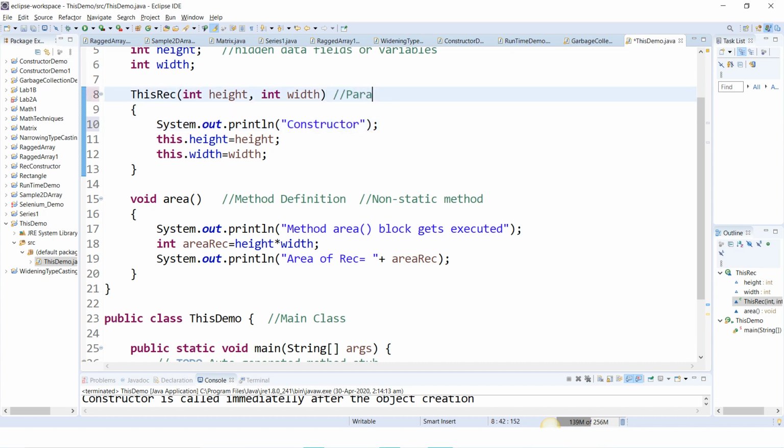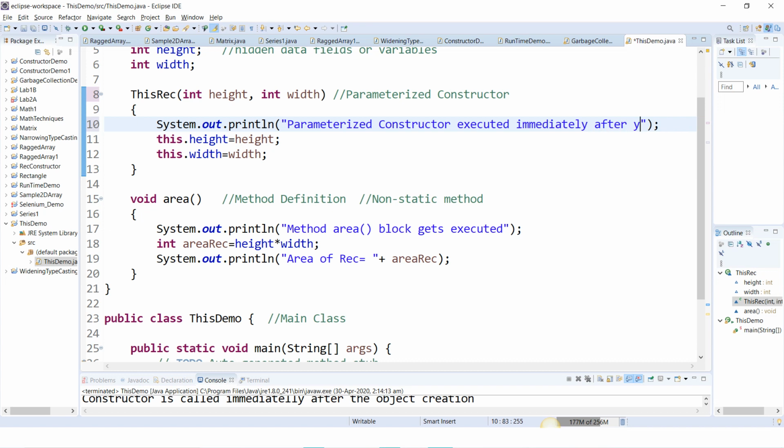The parameterized constructor block is executed immediately after the object creation.